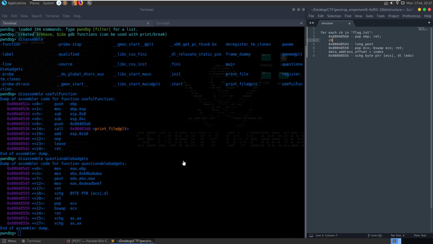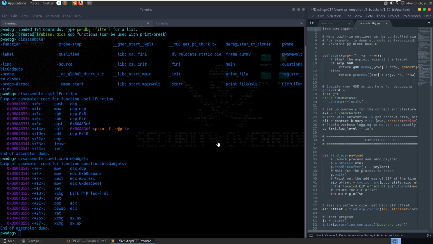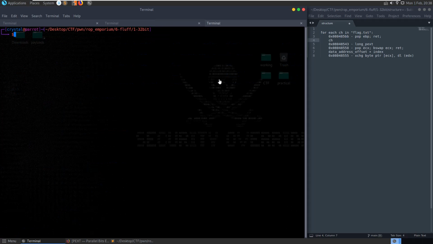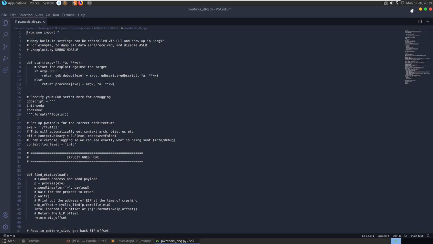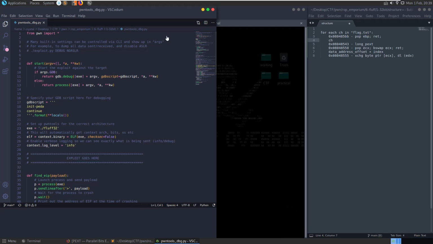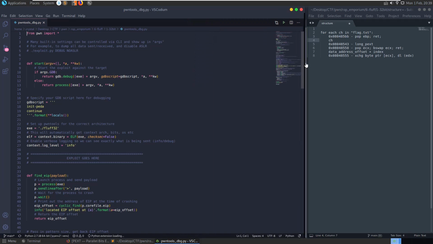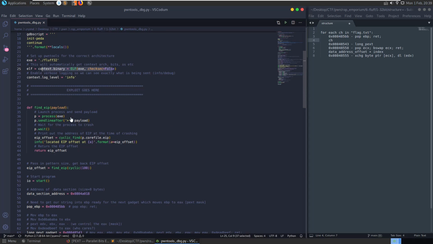We'll try and go through and have a look at some of the code here in terms of how to put this together, and maybe explain it a little bit further. So let's open up the pwntools script, and this is the usual script that we look at. We'll just have a look at the structure here at the same time. So this is the usual template script. We have the binary being loaded and the context being set, so we don't need to worry about that sort of stuff. We're finding our instruction pointer automatically at the beginning,